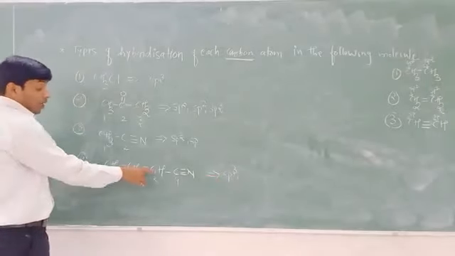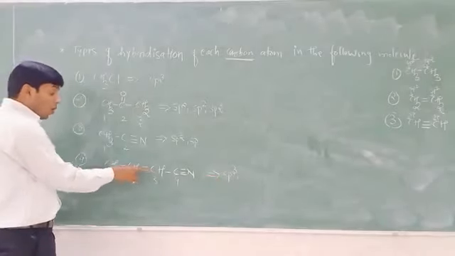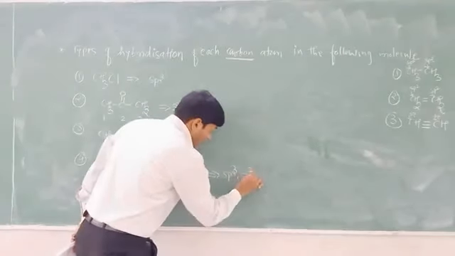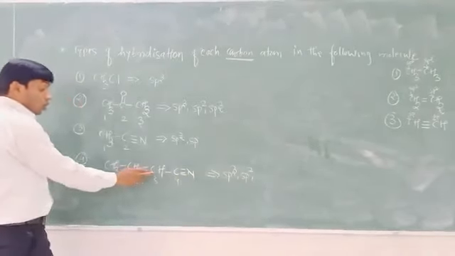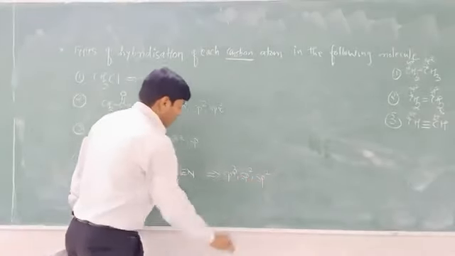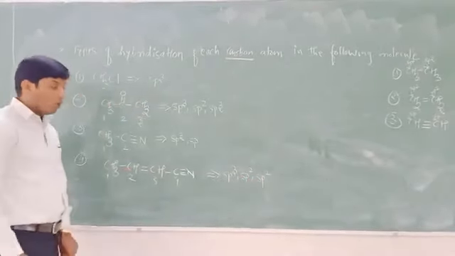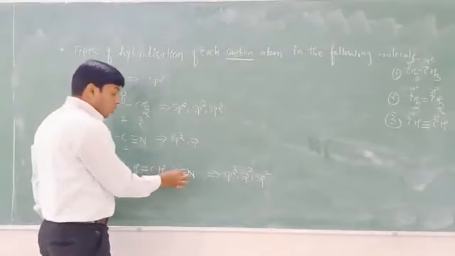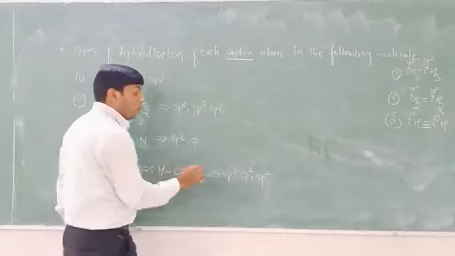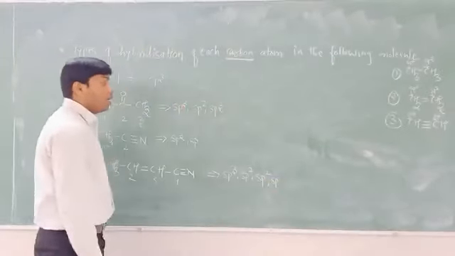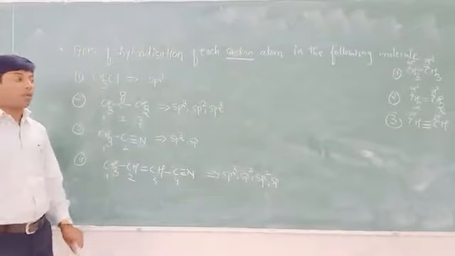Second, this carbon and the third carbon atom are bonded by a double bond, so this carbon atom is in the sp2 hybridized state. The second and third carbons both go to the sp2 hybridized state. And what about the fourth one? Here, this carbon atom is bonded to the nitrogen atom by a triple bond, so which hybridized state does the atom go to? sp hybridization.